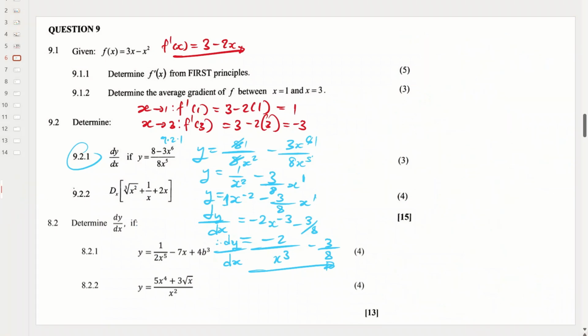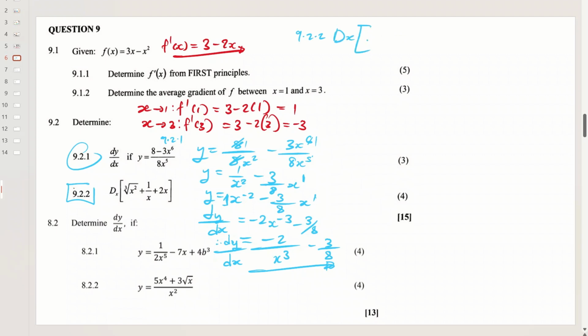Okay, so now moving to the next question, 9.2.2. They say that we have to take what? The derivative of this. So we are given something like this, guys. I'm just going to first write what we are given. This is 9.2.2. We're given